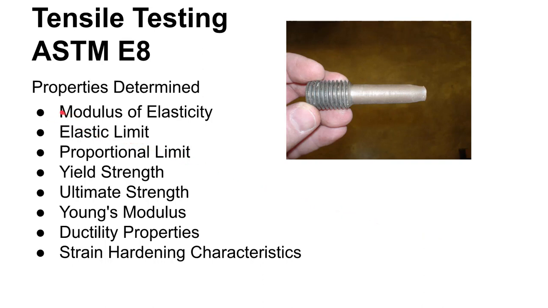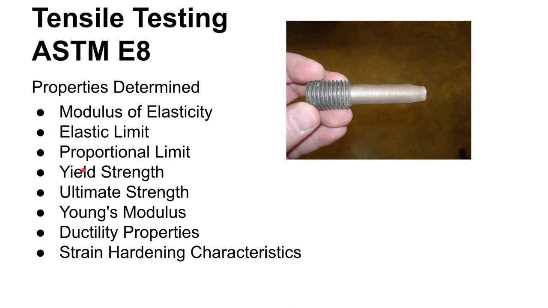All right, so some of the properties that we're going to determine by doing a tensile test. Some of these should be familiar to you: the modulus of elasticity, the elastic limit. Really, the elastic limit is not typically something that we'll get from a single tensile test. The elastic limit, by definition, is where the material ceases to be elastic, and to do that, you need to load the material and unload it and measure it each time. That is not what's done in a tensile test, but by finding things like the yield strength in a tensile test, you can determine where the elastic limit would be.